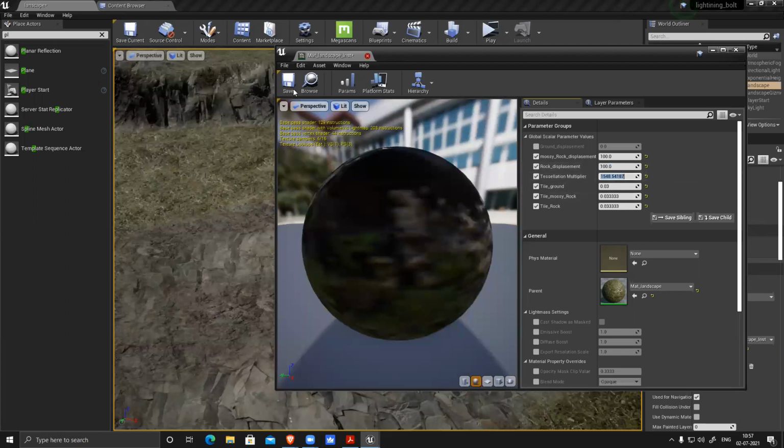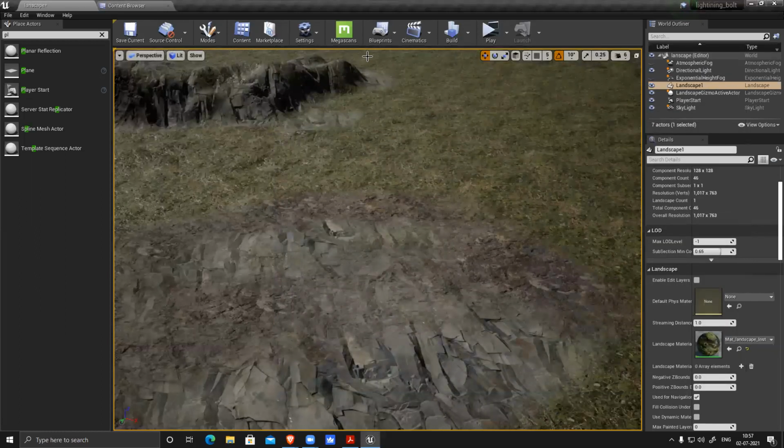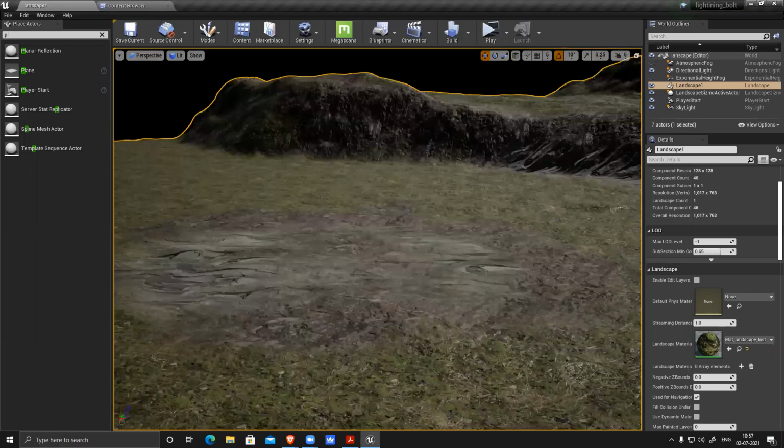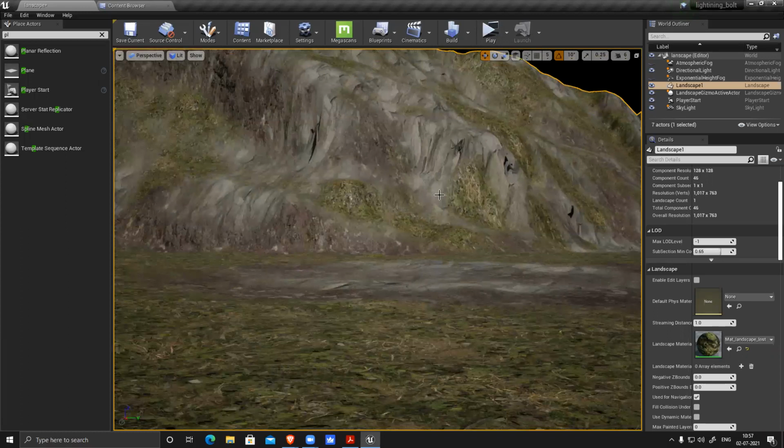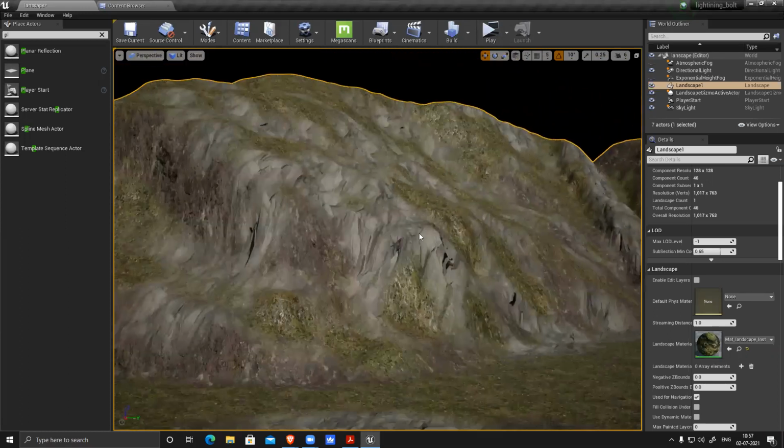Can we add a collision based on the displacement after this displacement happens? Then you have to create a collision mesh for that. You have to generate a collision mesh for that. Yeah, we can do that also. So like this, you can generate everything and then you can play. So it makes your life easier. It gives you better results.